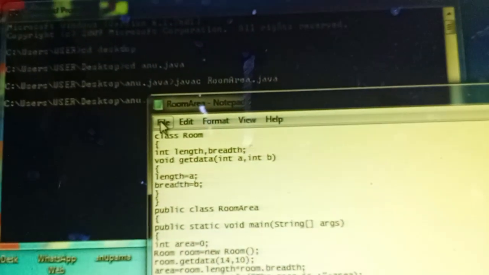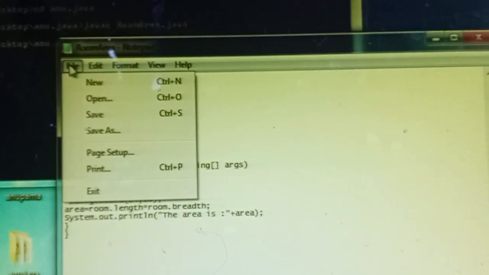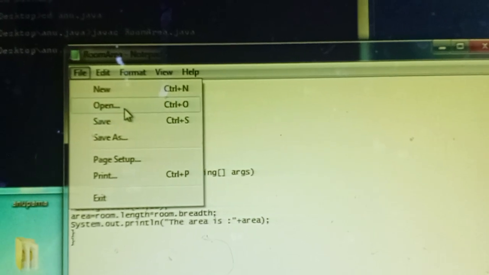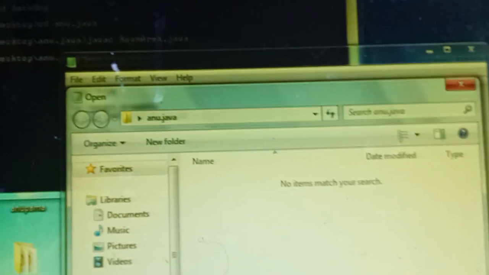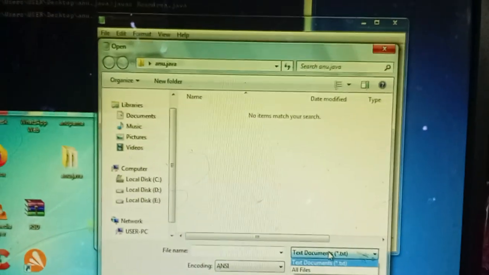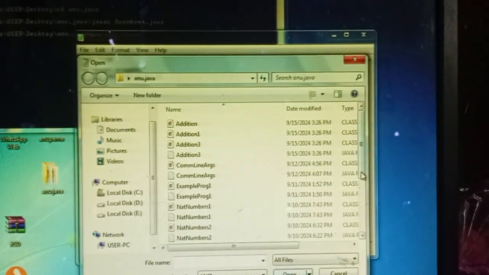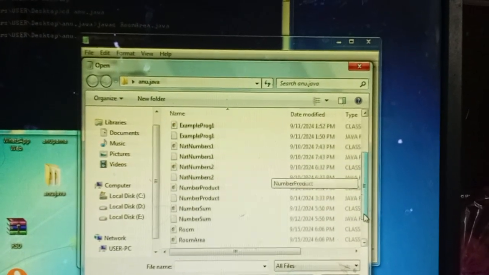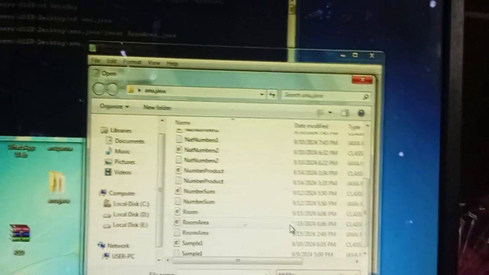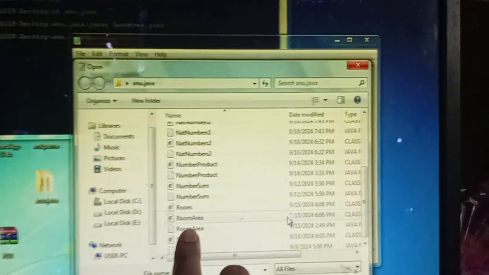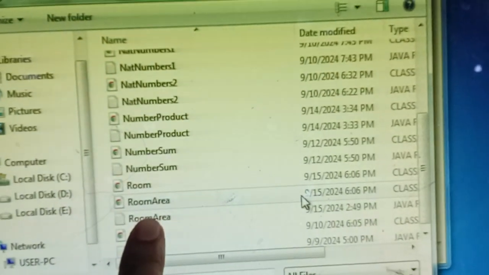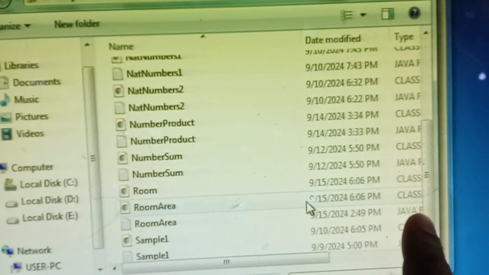Just go to File, then Open, and select All Files. Here, if you observe, see RoomArea, this is the Notepad file, that is the Java file.